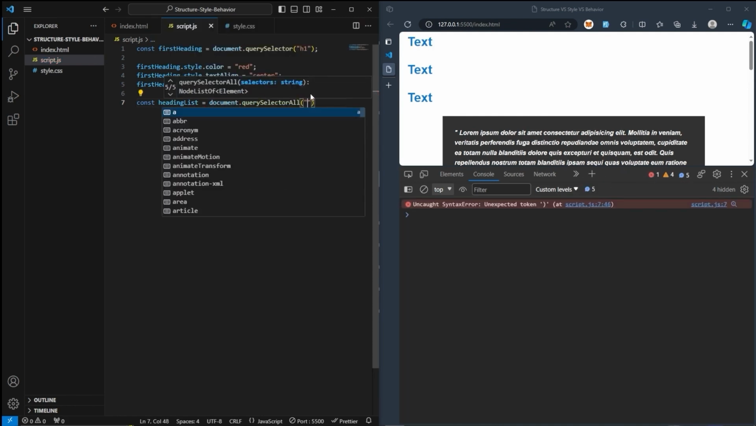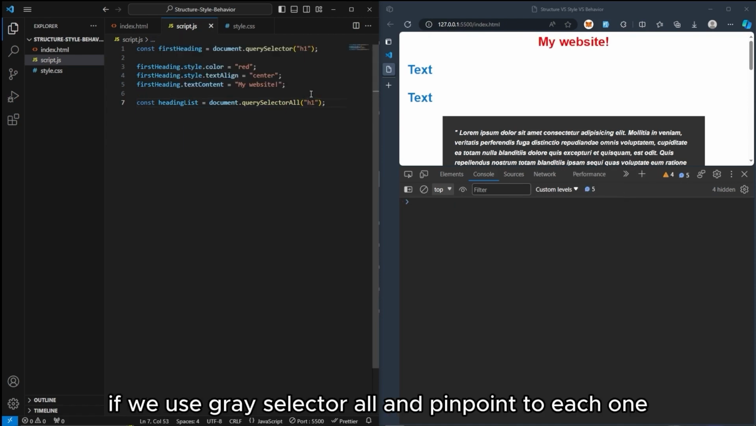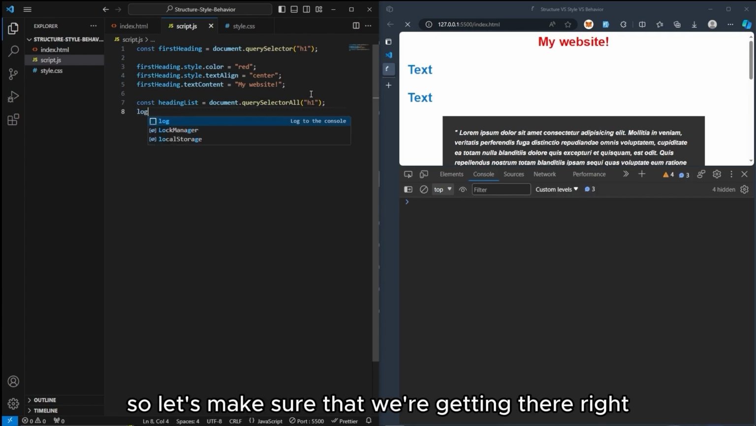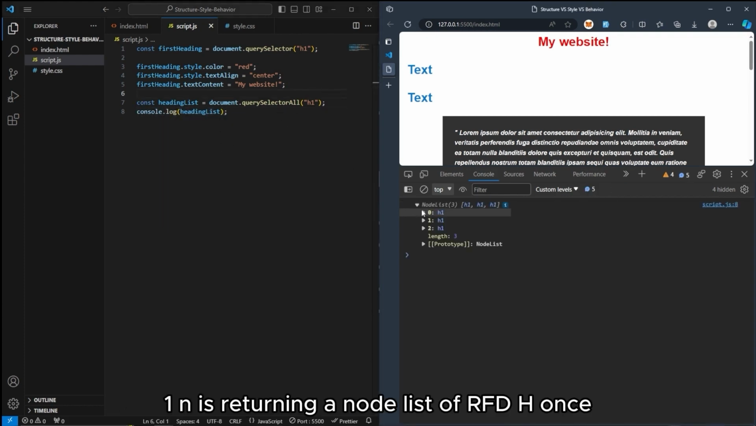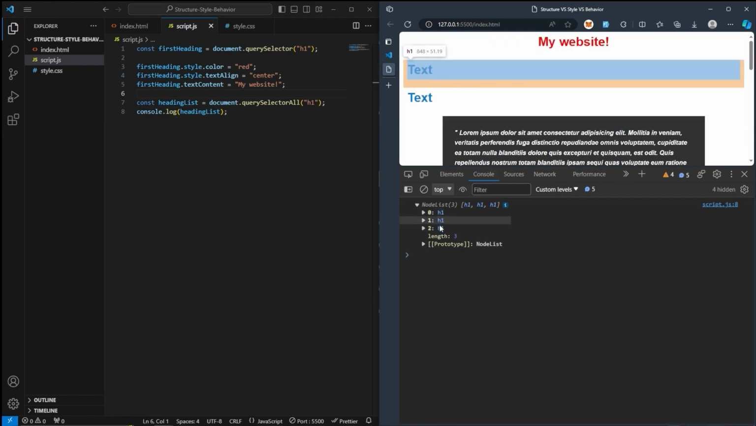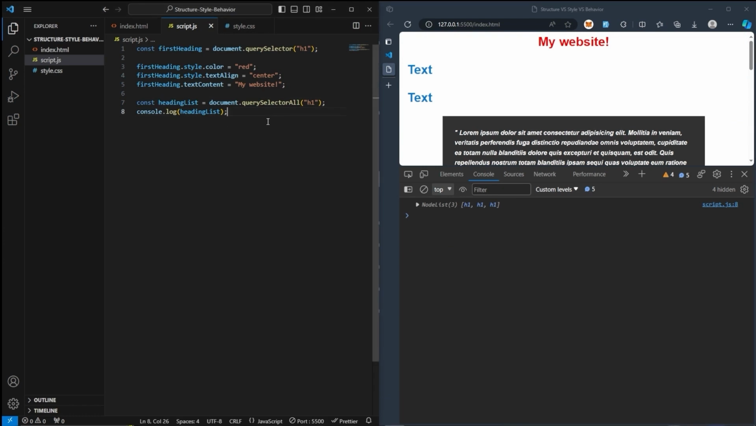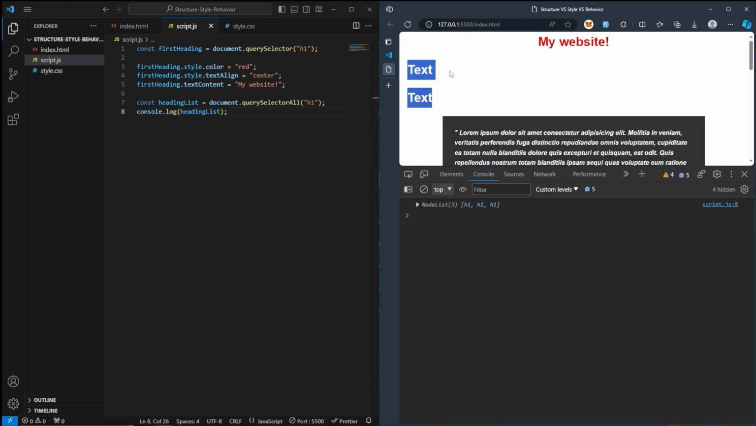And this is going to return the list of headings if we use querySelectorAll and pinpoint the H1. So let's make sure that we're getting the right one. And it's returning a node list of all of the H1s. So that's good. All right, so now I want to use this list in order to remove these 2 headings over here since